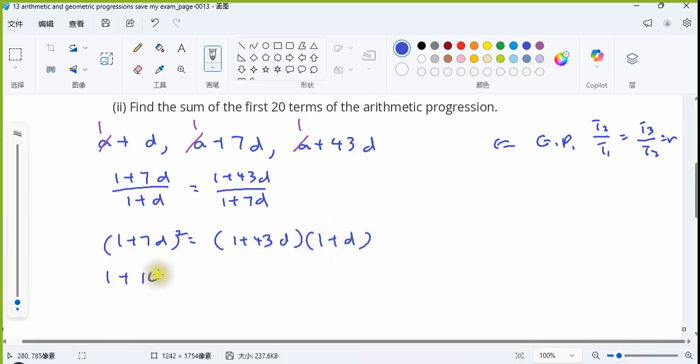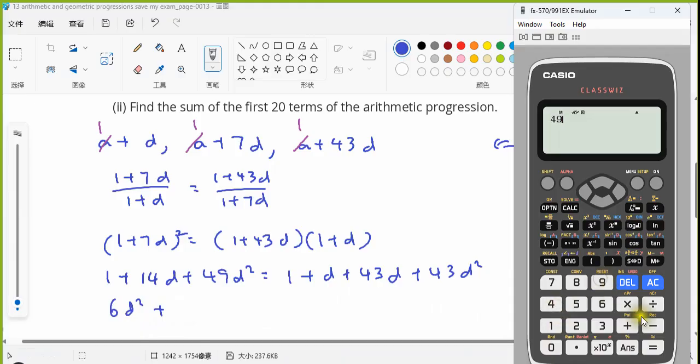So 1 plus 14D plus 49D squared equals 1 plus D plus 43D plus 43D squared. So 49 minus 43, we have 6D squared, and then 14 minus 44, minus 30